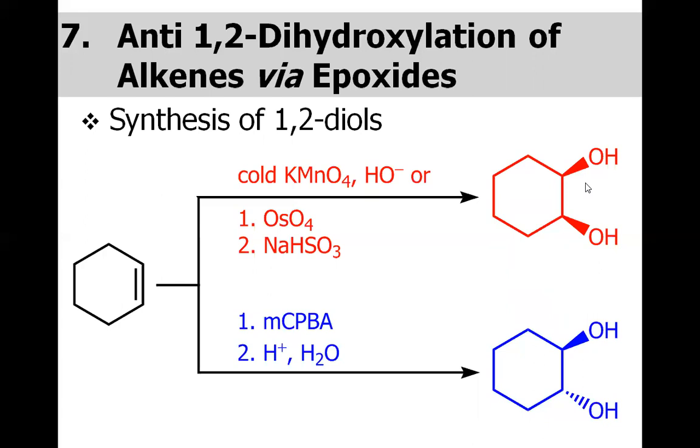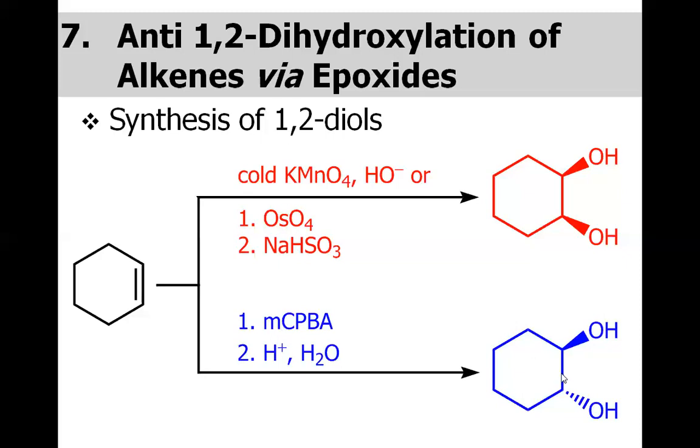There is nothing new in that. But remember, the diol that is formed is cis, because the delivery of the two hydroxyls came from the same side. However, if we want the anti-diol, that is, one hydroxy above and the other hydroxy below, this cannot be achieved using osmium tetroxide or potassium permanganate. We have to use some other method.